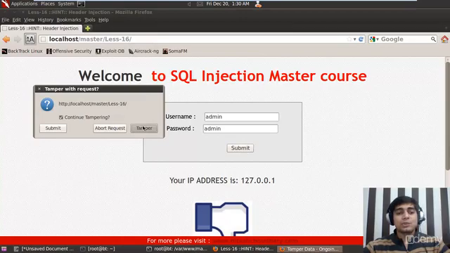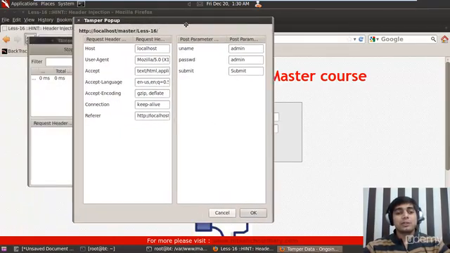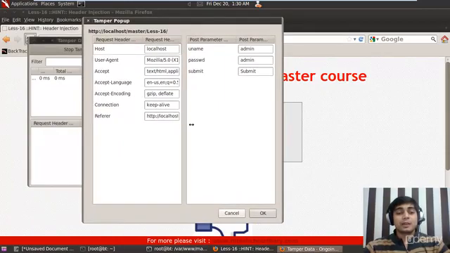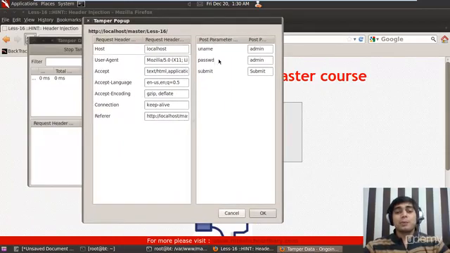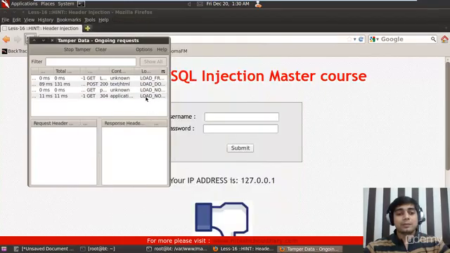When I hit submit, it shows me a pop-up asking whether to tamper it, and you can see a lot of valuable information, I would say. Here are the post parameters, like admin, and submit is submit. But additionally what I have got is the user agent and everything. This is the thing which is actually being popped out. So if I say, let's say, test agent, and hit OK, and stop the tamper,